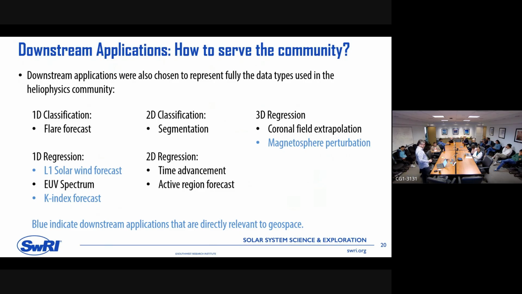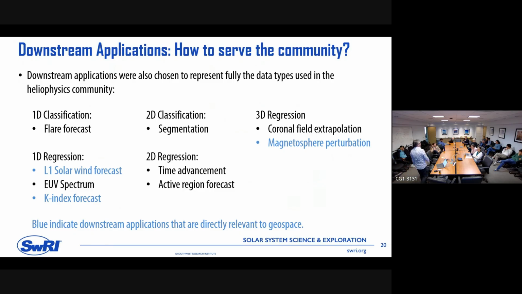Your UV spectrum should be blue too. Oh, yes, I guess. When you do the regression, even though the usefulness of the UV spectrum is geoscience, I was locating them by how close they are to the source of SDO. And EUV is still solar.